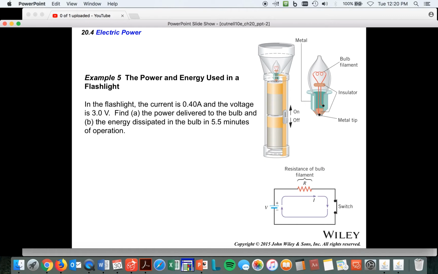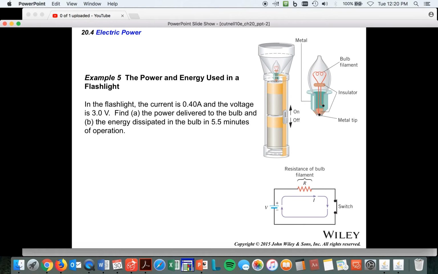So here we go. Here's an example. You've got in the flashlight the current is 0.4 amps. All right, got the current. I, 0.4 amps, 0.4 times 10 to the negative 1 amps, or 0.4. The voltage is 3.0 volts. We want to find the power, and then we want to find the energy dissipated in the bulb in 5.5